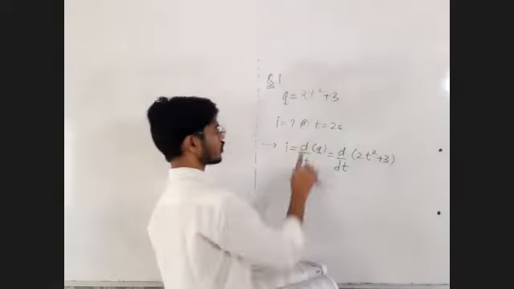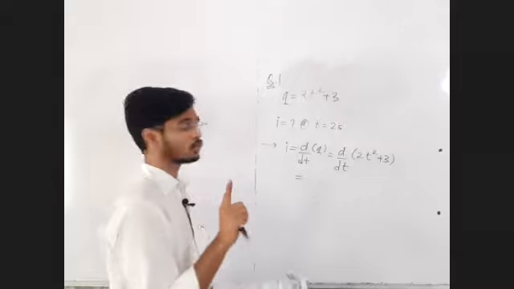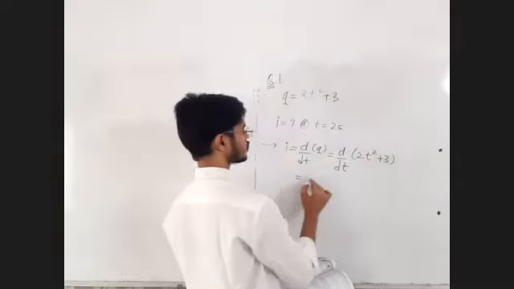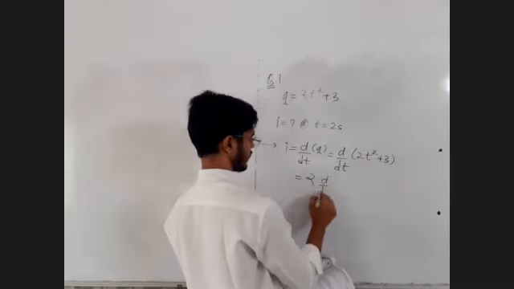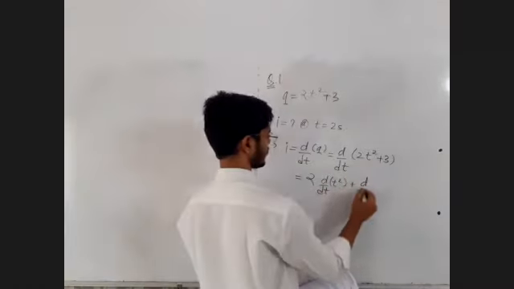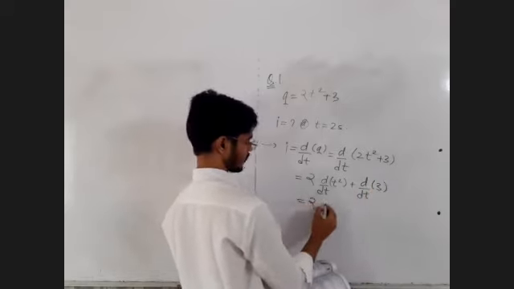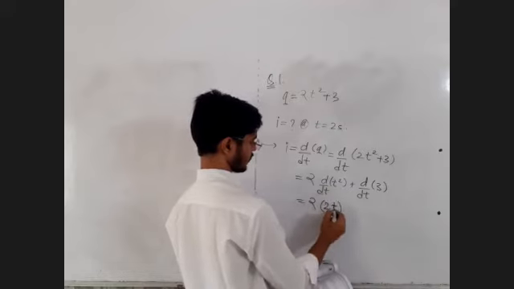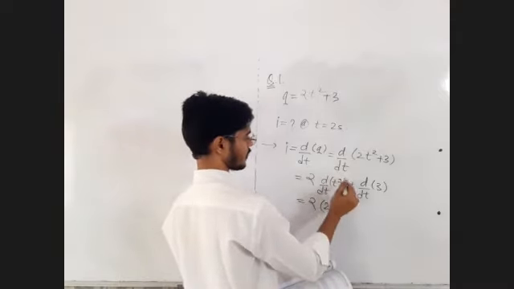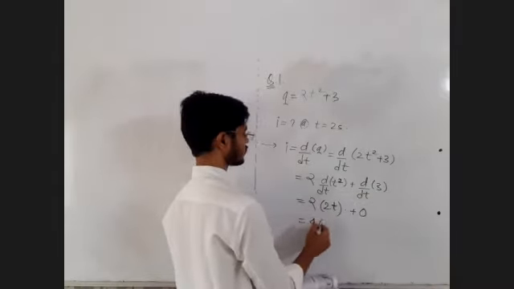Find out the derivative first. Don't put the value of time directly. First find out the derivative, only then put the value of time. The 2 stays outside the derivative. d by dt of t square, plus derivative of each term can be found separately, d by dt of 3. 2 as it is. Derivative of t square is 2 times t. We have done this so many times. Derivative of x raised to n is n into x raised to n minus 1. x square derivative 2x, t square derivative 2t. Derivative of constant is 0. Answer is here 4t.